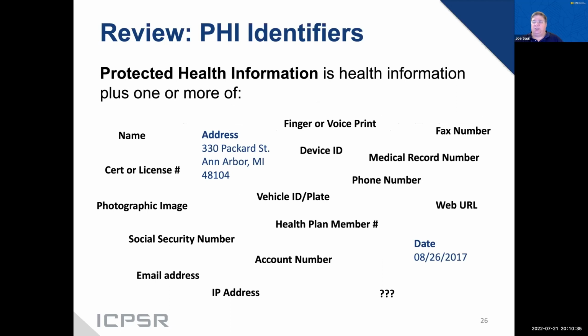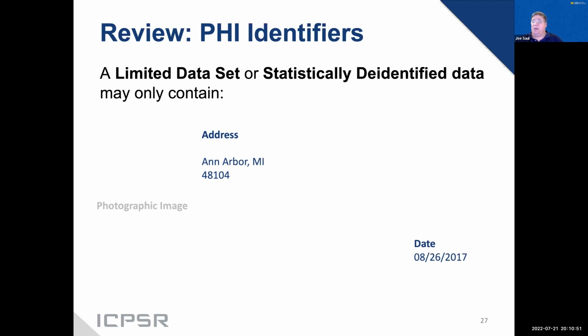So I wanted to revisit this to give a sort of a visual illustration of the situation with identifiers. So PHI is health information plus one or more of these identifiers. When you remove what you need to get to a limited data set or statistically de-identified data, it's going to look like this. And a statistically de-identified data set will not be this rich in identifiers. You're going to lose some of it, right? But remember, you're keeping all the health data, you've got the dates of service, you've got all that stuff, right? And it may be all you need,